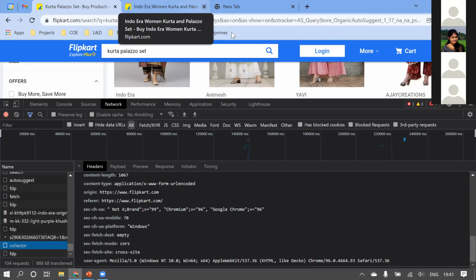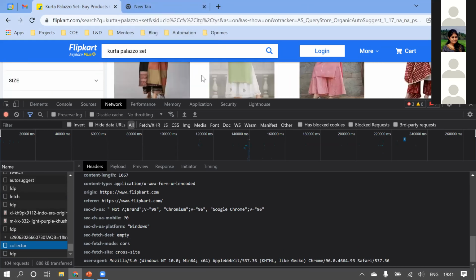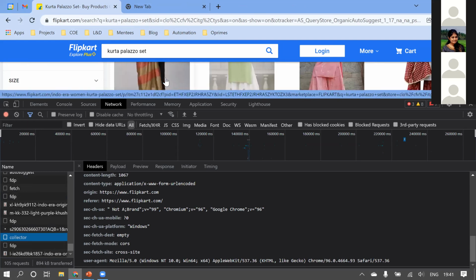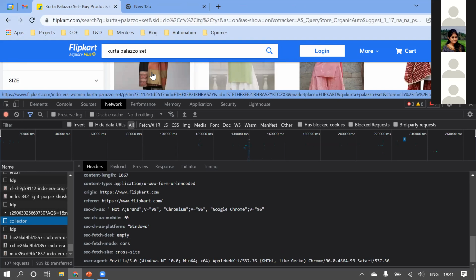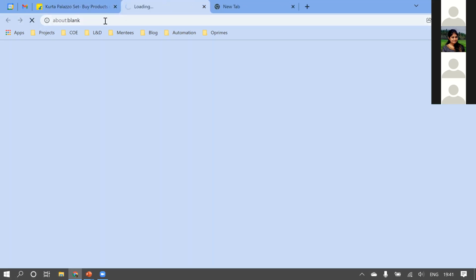Actually, if I open in the same page, I could have got it, because if I click on this, it will carry the ID of this product as the path parameter and open in the new tab. Let me show you in this.